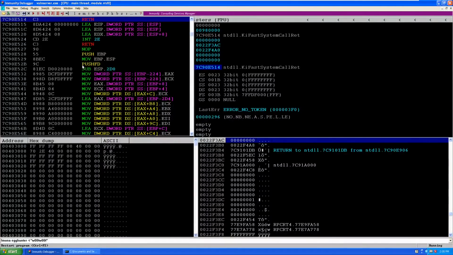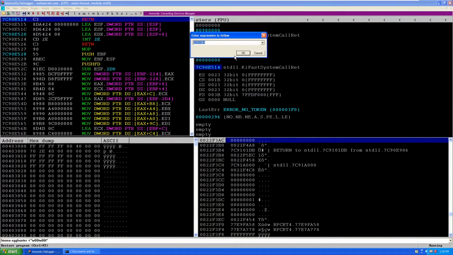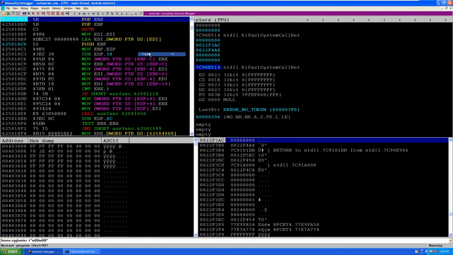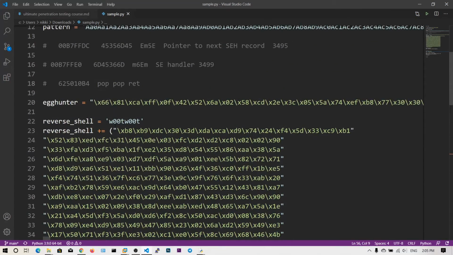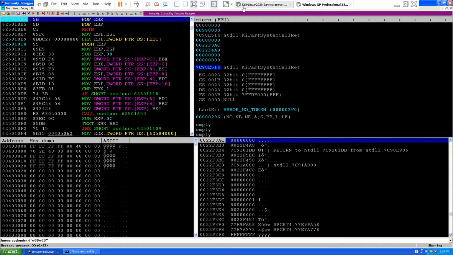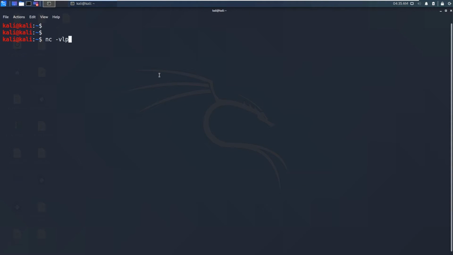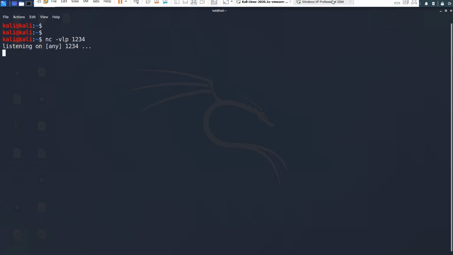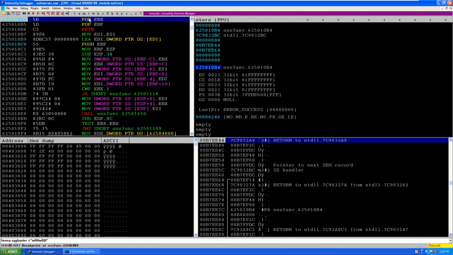Let me go ahead and set the breakpoint as we usually do to check that, so right click, breakpoint, toggle, and now let's go ahead and run our script. I think we have put everything correctly, so let me run this script. Let me also run this netcat listener, since it's a normal payload. So now press Ctrl+Shift+F9. You can see the breakpoint here. Let's go through step by step.